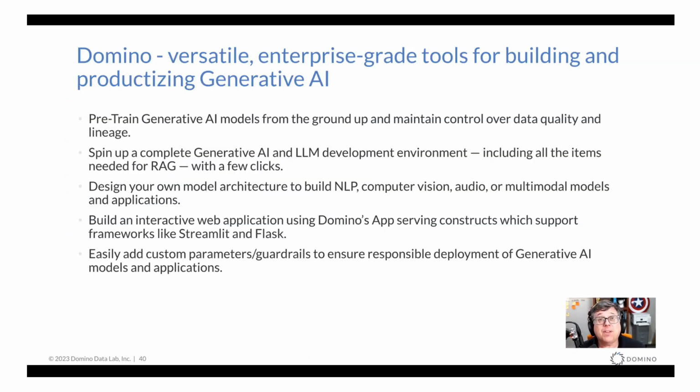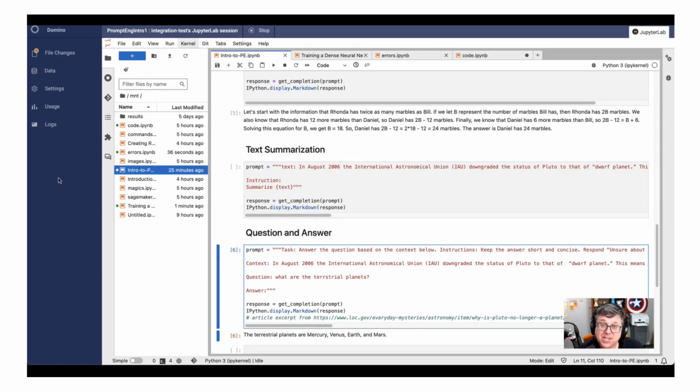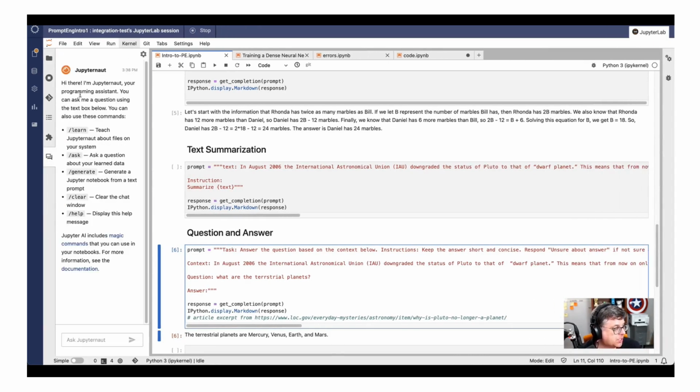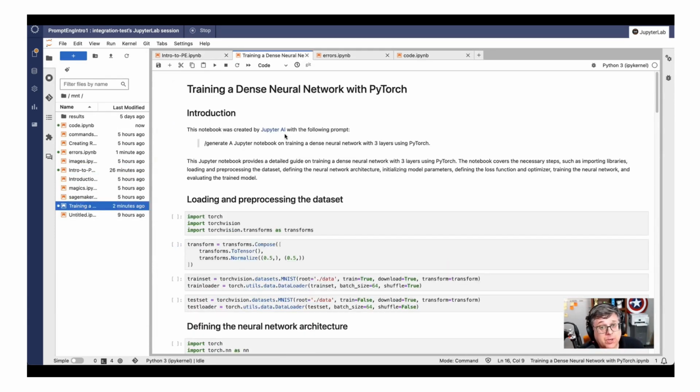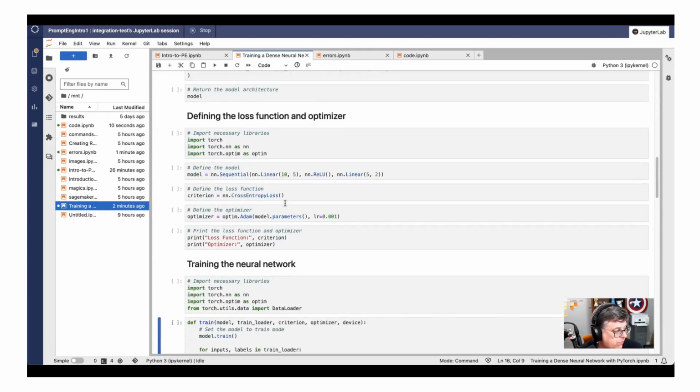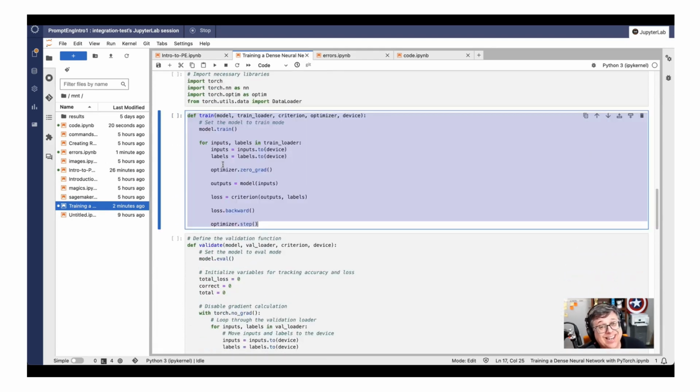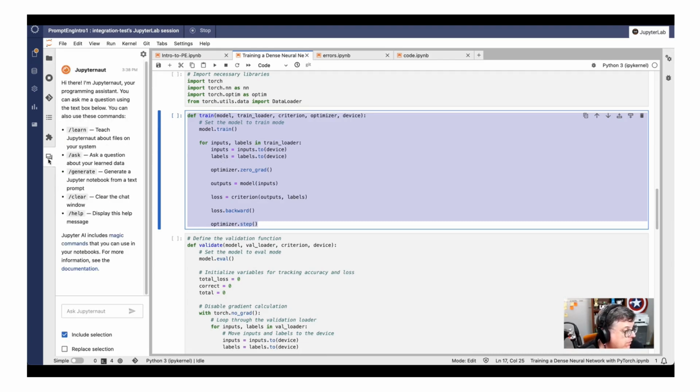And now as we wrap things up, I want to show you a short demo of the new integrated Jupyter AI coding assistant and some of the capabilities that it provides. Jupyter AI has both what we call magic commands in Python notebooks, but it also has a chatbot that can answer questions. It can generate notebooks. It can learn over your documents. So I'm going to flip over to a notebook here and just see. Say I have a notebook here that's somewhat documented, but somebody left before they could document it. And so scrolling down here, I can see the train function here, and I need to document it and verify what it does. So I can click over here to Jupyter AI and say,